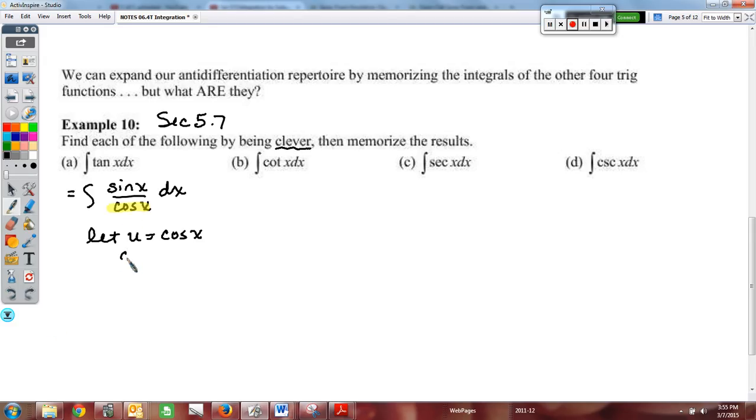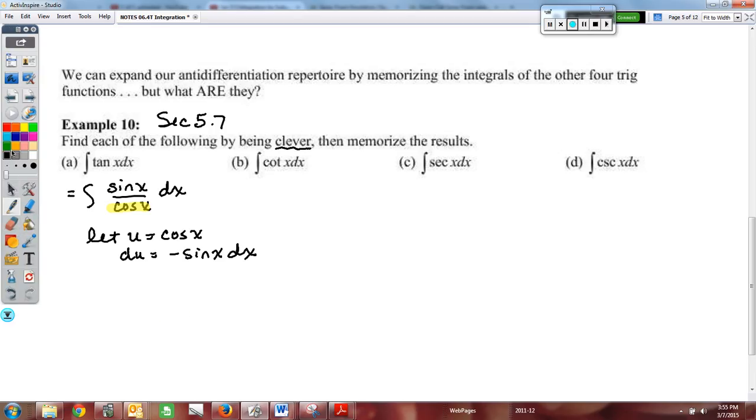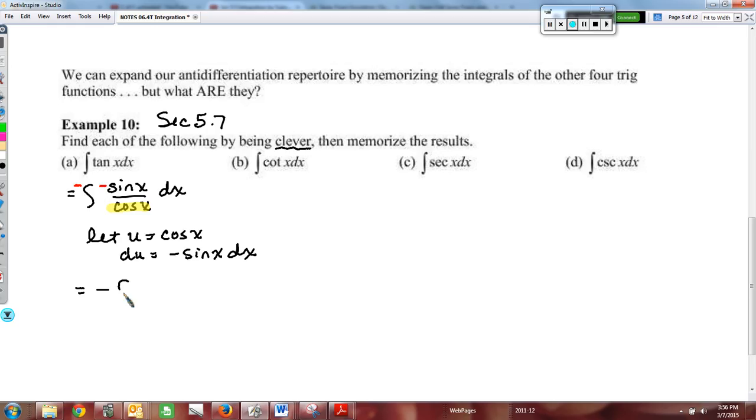Alright, so I calculate its derivative, du. The derivative of cosine is negative sine of x dx. And so I notice that I'm missing, for my constant correction, a negative, so I'll put a negative in up here. And so when I go to integrate this, and I'm going to go ahead and do the u substitution this time, I'm really integrating negative the antiderivative of 1 over u du. So by my choice of making the inside function the denominator of the fraction,